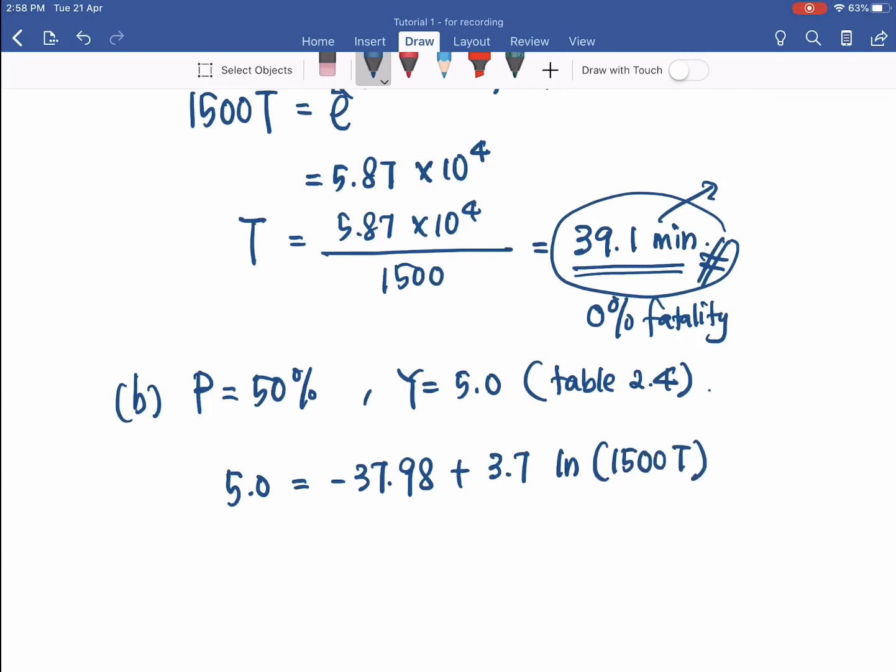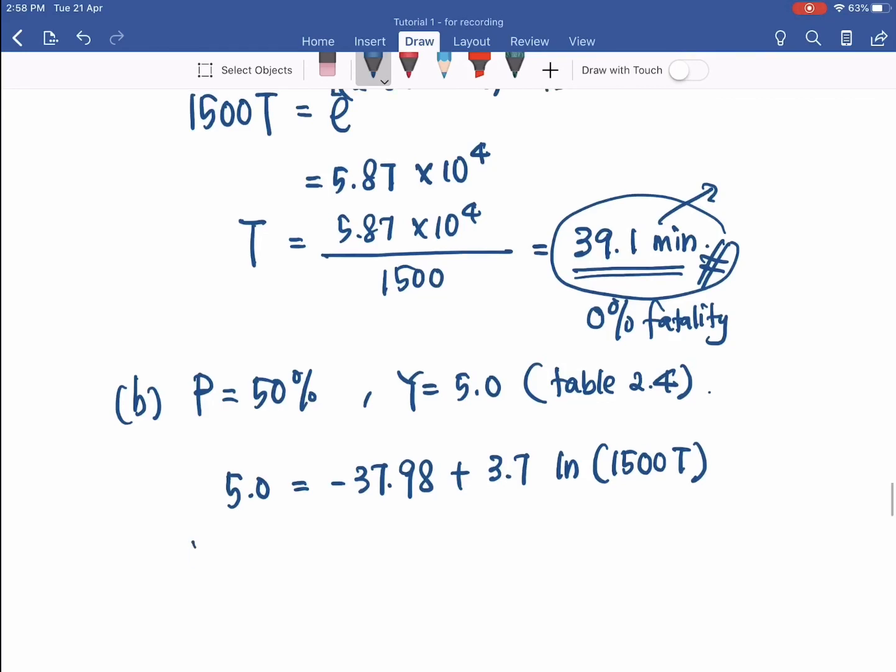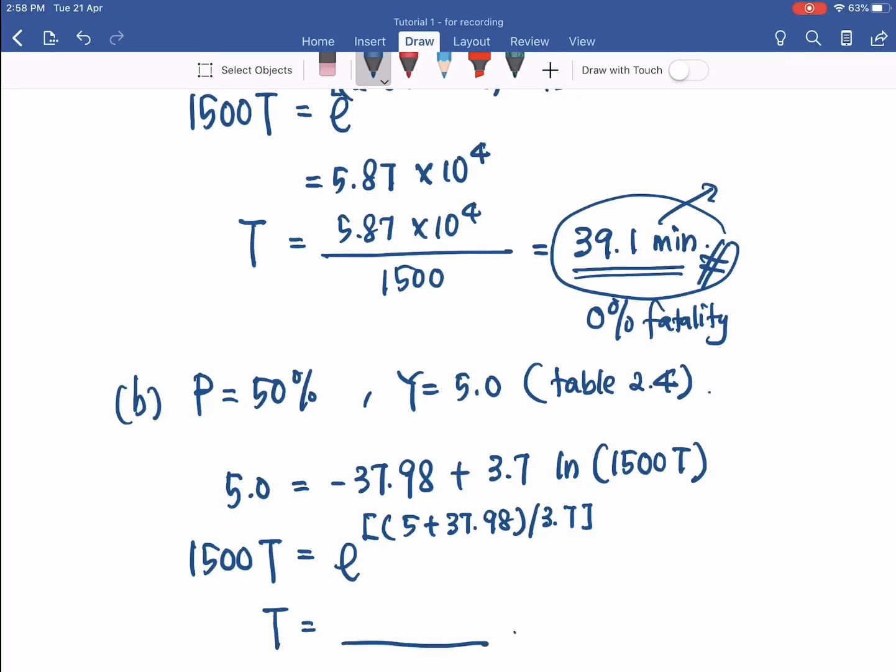I think with that you can calculate what t is. 1500t is e to the power of (5 plus 37.98) divided by 3.7. So there you go, when you do your calculations in terms of minutes,